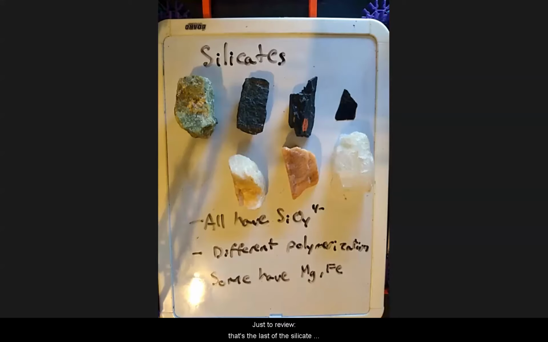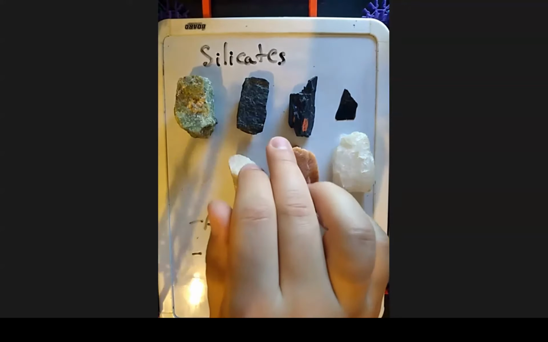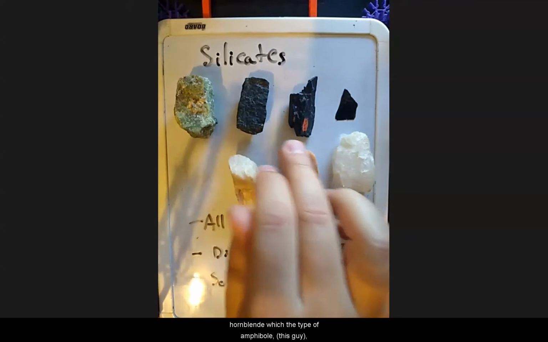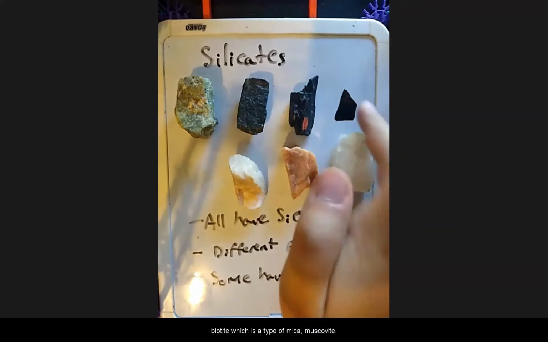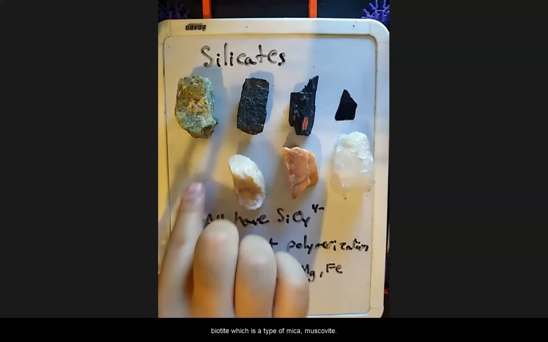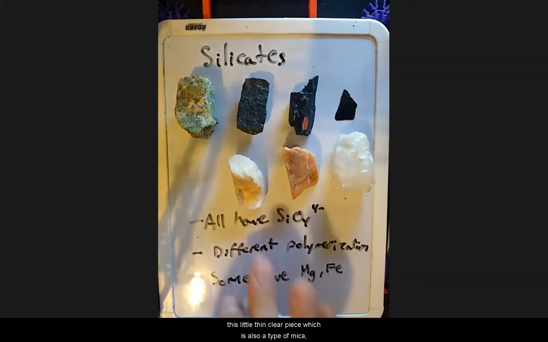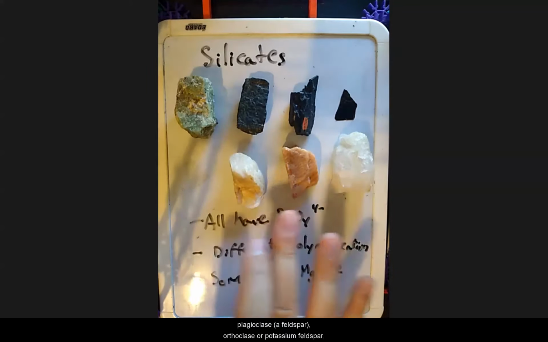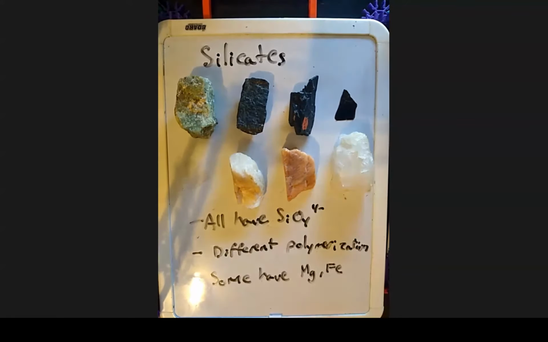So just to review, that's the last of the silicate minerals that we're going to look at. We looked at 8 of them, and we've got olivine, augite, which is a type of pyroxene, hornblende, which is a type of amphibole, this guy, biotite, which is a type of mica, muscovite, this little thin clear piece, which is also a type of mica, plagioclase, a feldspar, orthoclase or potassium feldspar, and quartz. We talked about how they all have silica tetrahedra in them, SiO4,